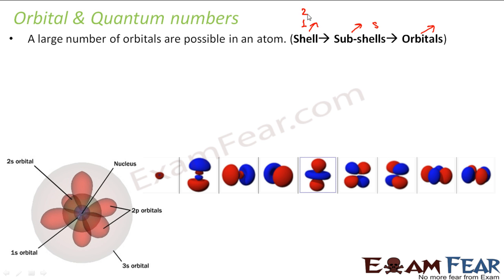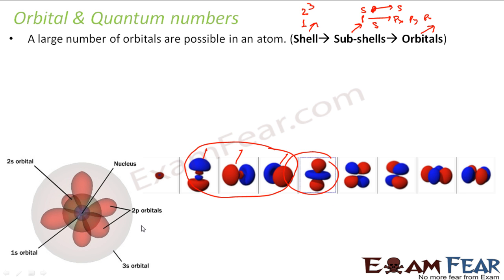If you talk about n is equal to 2, that is the shell, there you have two subshells, s and p. For the s subshell, there is only one orbital. For the p subshell, there are three orbitals, px, py, pz. I'll show you. This is px, py, pz. There are three orbitals in three different orientations. Sorry, only three. And then if you talk about the third shell,